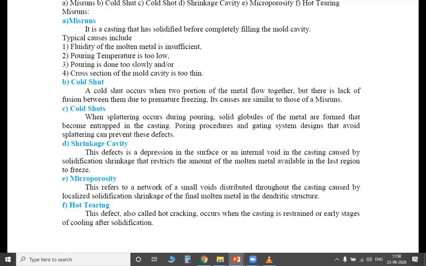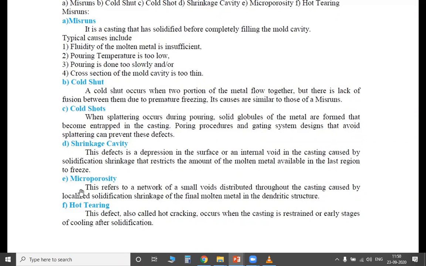You do not remove the riser when the excess metal is coming out; you keep the riser there only. It is not removed after the excess material has come out. Clear? So the thing is, there won't be a shrinkage. Shrinkage allowance cannot be there. If shrinkage occurs in the total part, the total product will be damaged. So solidification shrinkage must not occur.